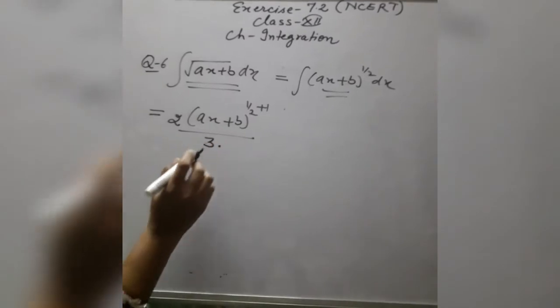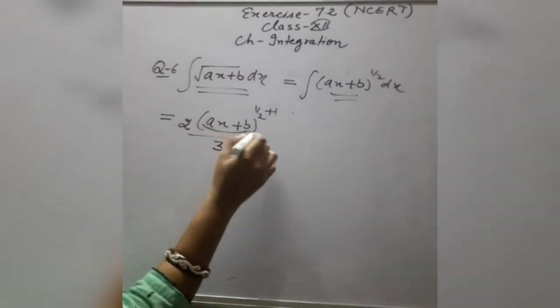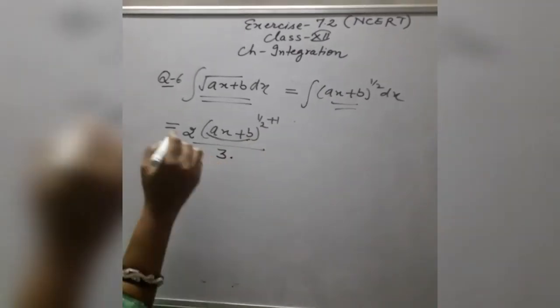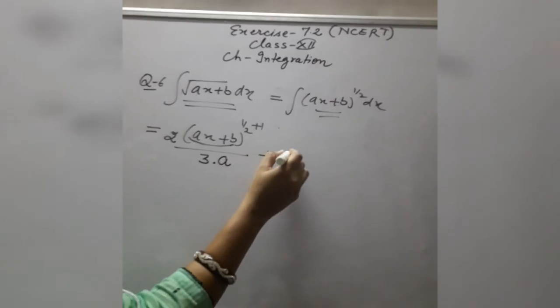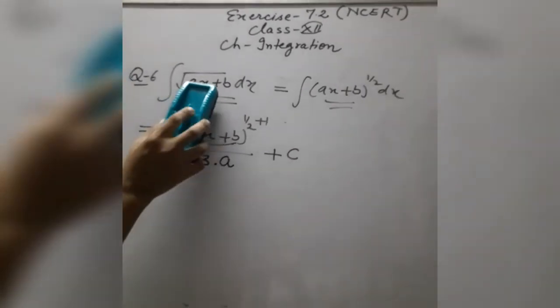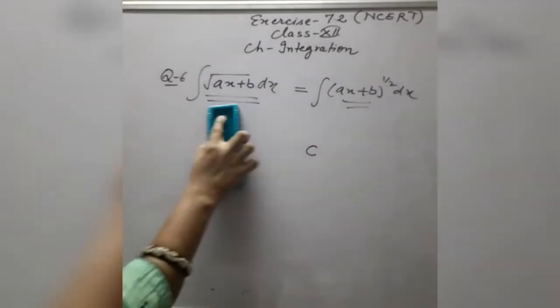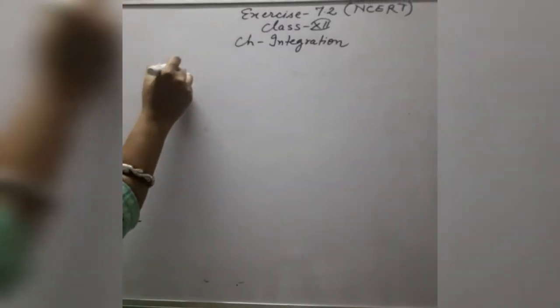But one more step you will do in this case. Now the derivative of ax + b is a. In place of multiplying it by a, in case of integration, you will divide it by a and plus integration constant c. So this is the answer in question number 6. Otherwise you can take in this sum also ax + b is equal to t. By substitution method also you can simplify it. In both cases you will get the same answer.